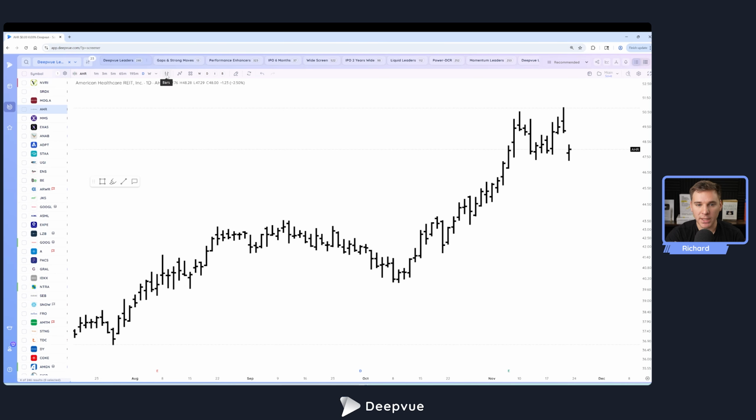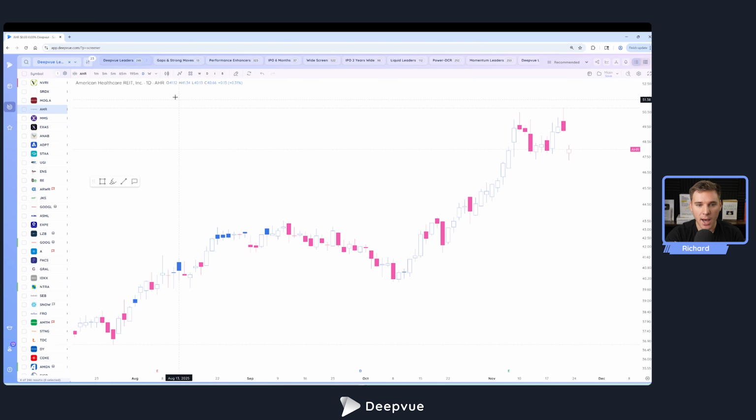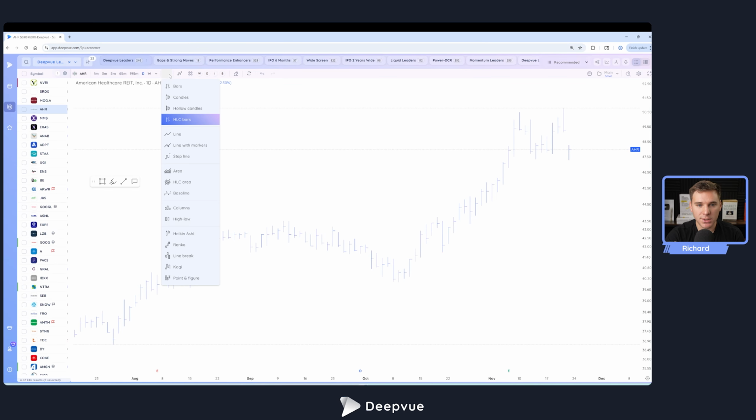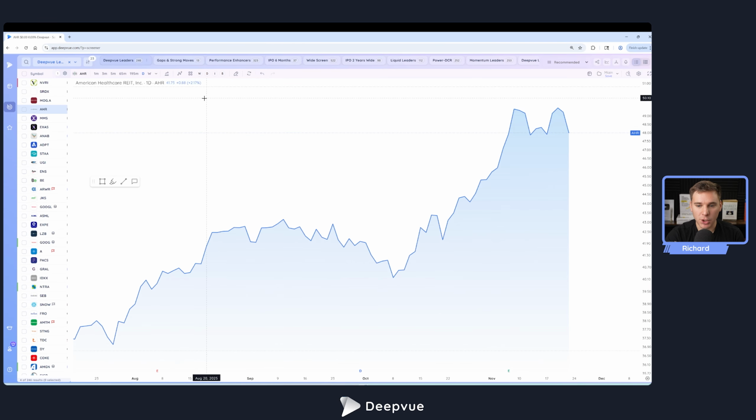To switch between candlesticks as well as other different views, go up to this top bar. This is where all your chart tools and drawing tools are housed. Click right here, and then you can go between candles, hollow bars, HLC bars, area. You can get crazy, line charts. Again, I personally use bars. You can use candles, but use what makes sense to you. And once you have it selected, I'll just use